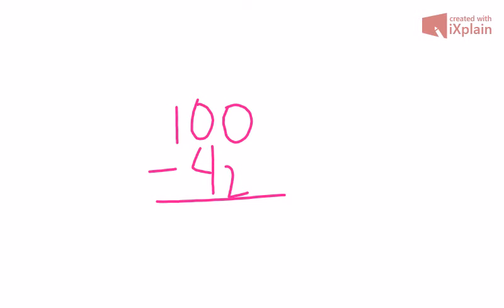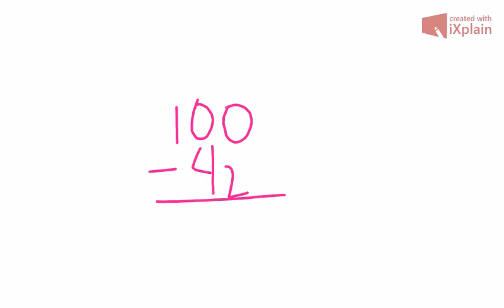So one of the things that I see a lot of third graders doing when they first come to me is that they're having problems subtracting across zeros. And subtracting across zeros is just what it means. So let's say that I have 100 minus 42. A lot of the third graders will go ahead and just do 0 minus 2 is 2, but